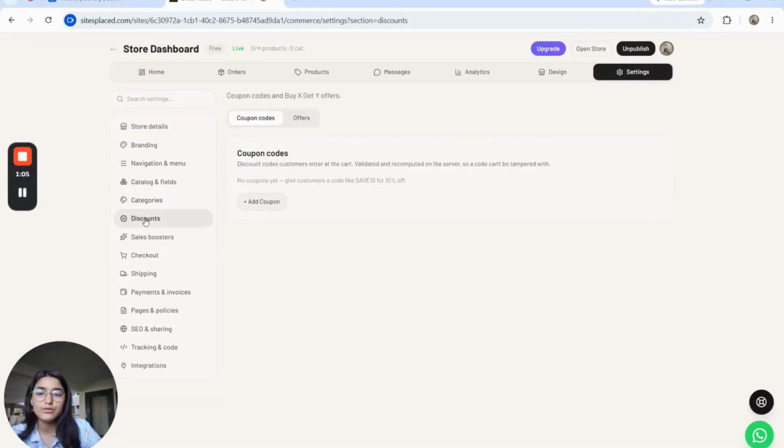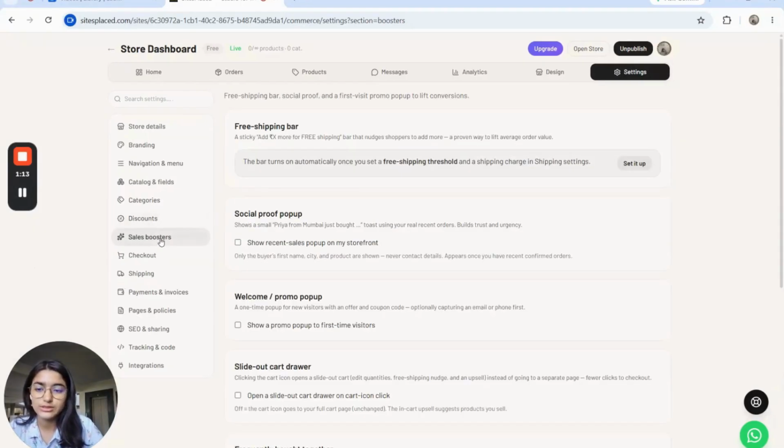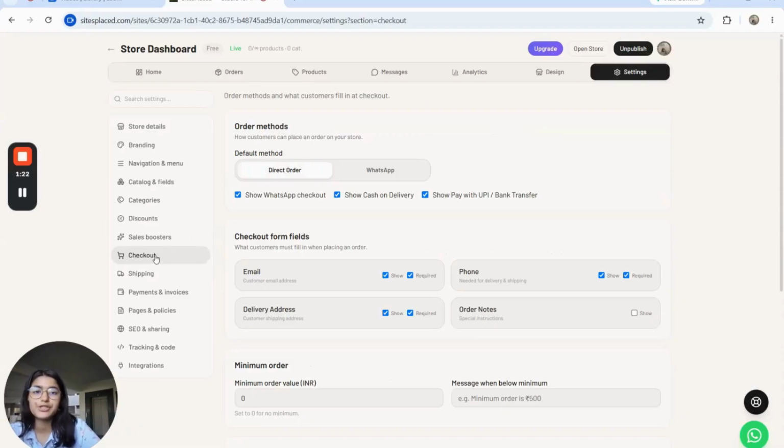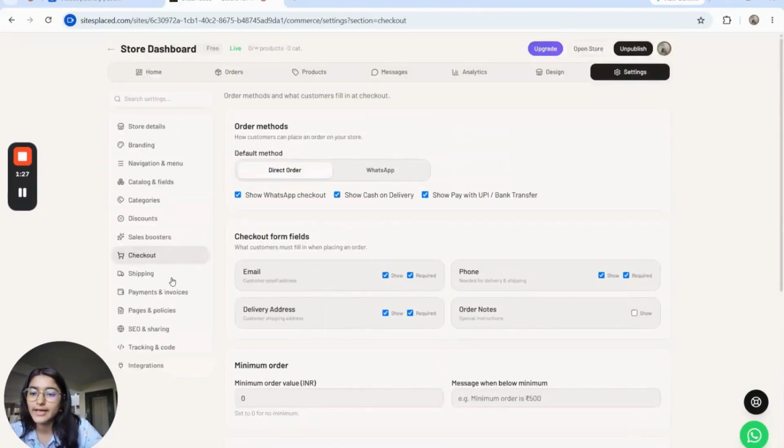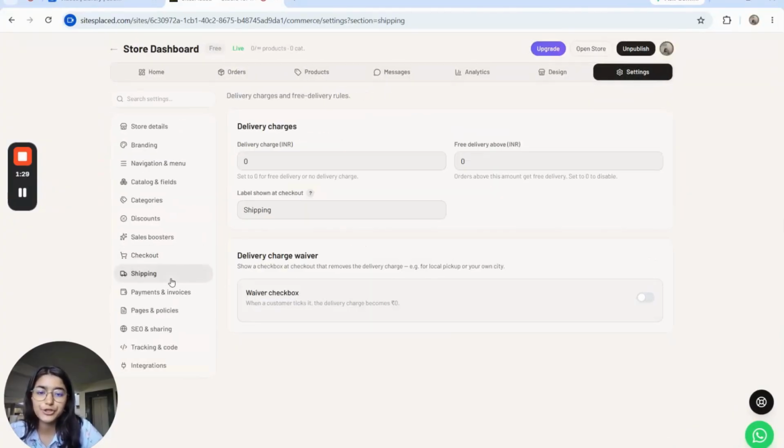Then, the discounts section enables you to create coupon codes and promotional offers. In sales and boosters, it provides marketing tools to increase conversions and maximize revenue. The checkout section allows you to customize the purchase process. And next, in the shipping section, you can configure delivery methods and shipping areas for your customers.